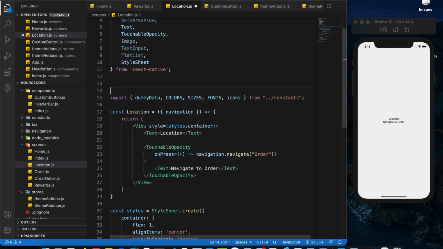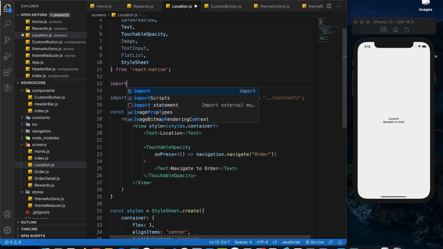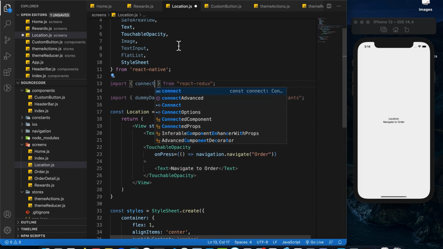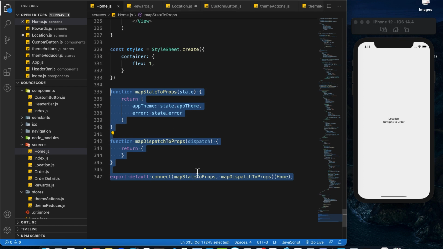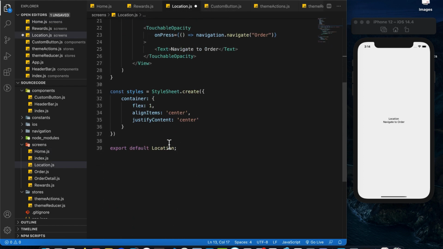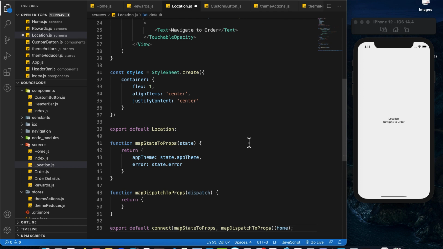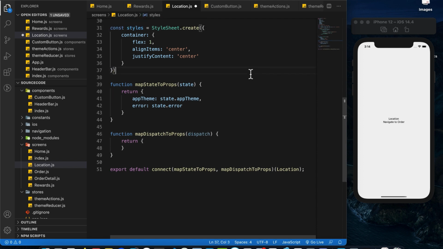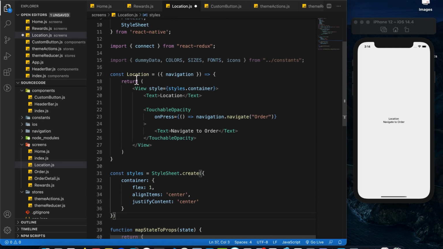And don't forget, we need to connect the location component to the Redux that we have already set up. So we need to import from React Redux, and over here we need the connect. Same thing, I'm going to copy and paste it from the home.js like that. I'm going to paste it over here, and I'm going to replace this with location. And now we can get rid of this. And don't forget, we need to add a few props for the location component. So we need navigation, and also we need the app theme from